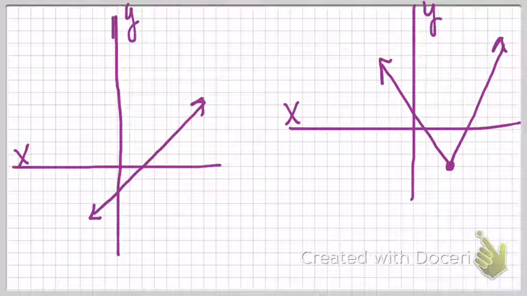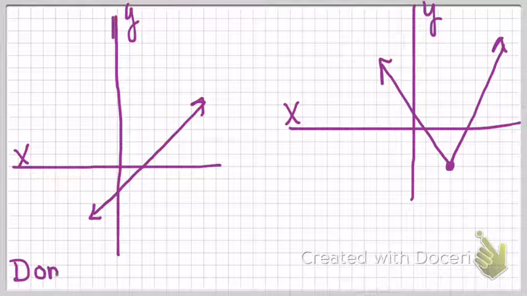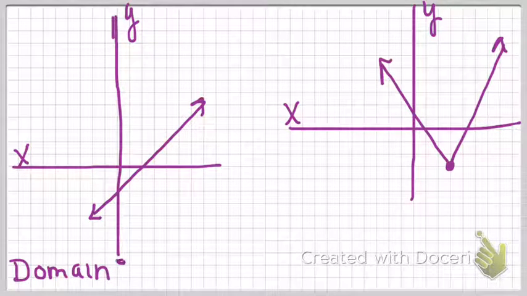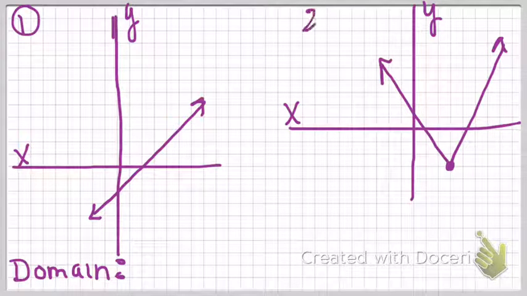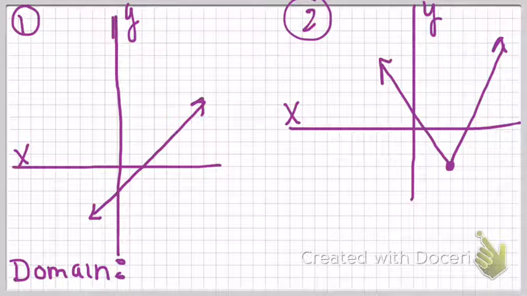Okay, we want to talk about domain and range to pull it off of the actual graph. We talked about that if it was in a mapping or an ordered pair set notation. But if it's on a graph and they're asking for the domain, remember that the domain are the x's. All right, so for this first one on the left, let me number these so we can talk about them. The domain. Now, if you were to take, let's say, this line,